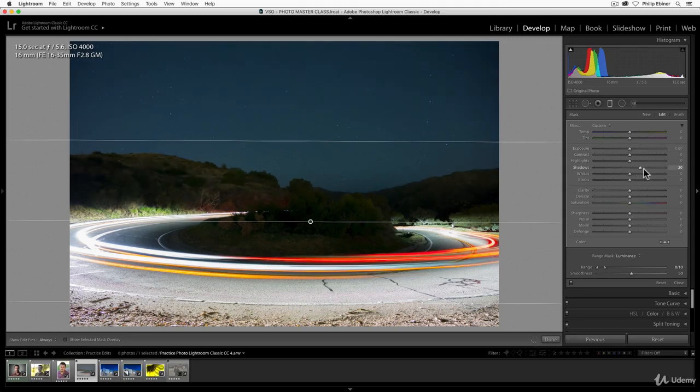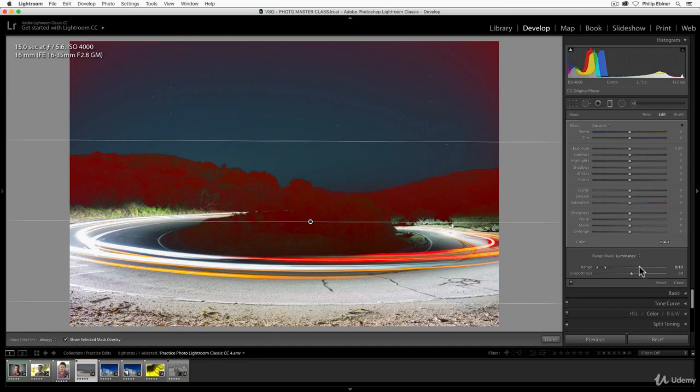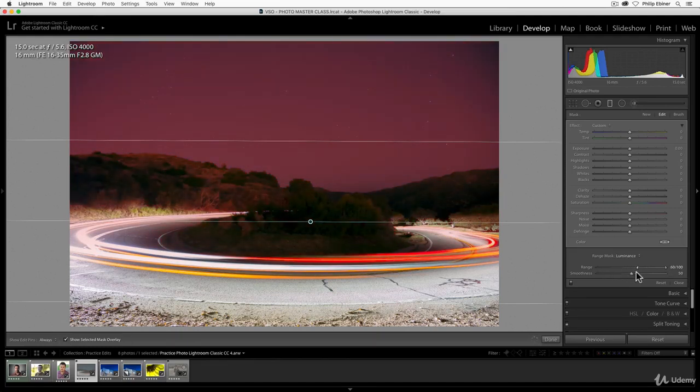Or the shadows, which might look a little bit more natural. Or if you want to just select the sky this way, you could also use the color for this, but if we want to just select the sky and not the ground below, which is a little bit darker, you can drag up this range, something like that. That looks a little bit better. And now we can use this to make the sky even bluer. And it looks a little bit more natural than if the range mask was off.